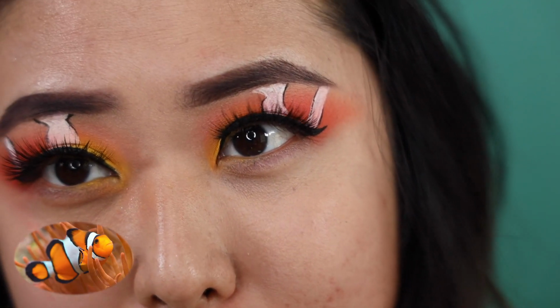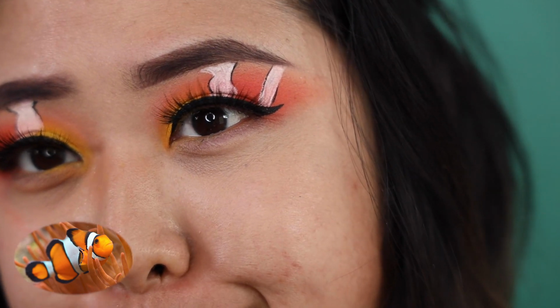Oh my god, I love it. I'm gonna do the kind of under eye in orange and yellow as well, but before I do that, I'm gonna go ahead and do the other side and I'll be back. Ooh, yeah. See? Ooh, yeah. Oh my god, I'm so excited. This totally looks like Nemo, and I'm just very proud that this